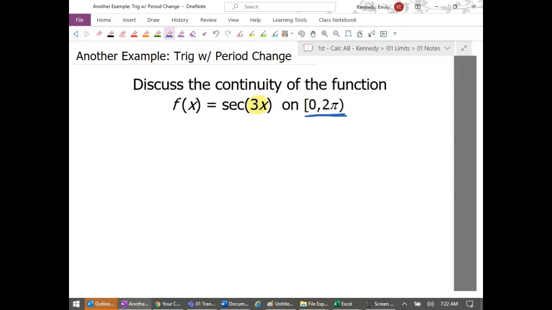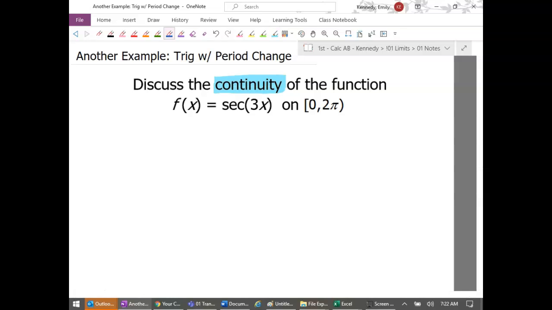And the short answer is you don't have to do it that way, but you need to do something to address the fact that because of this period change, you're going to end up with 3 times as many discontinuities as you might otherwise have on that interval. And I'll mention a couple ways to deal with that, but to me, through experience doing it and teaching it, the smiley face trick still works here. We just do one extra thing at the end. And so we will focus on the calculus here,